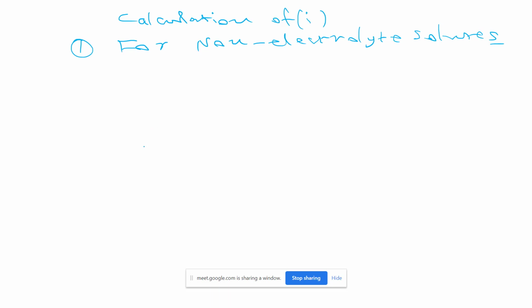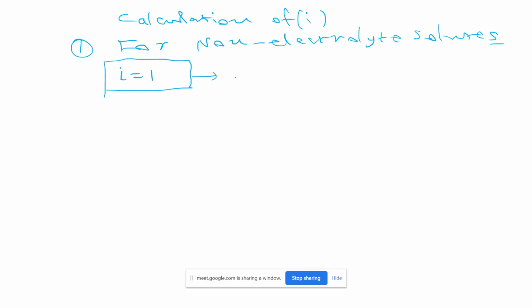Okay, so in case of a non-electrolyte solute like glucose, if we mix one molecule of glucose in water, after mixing we exactly observe one molecule. So observed moles will always equal theoretical moles. What ratio are we getting for these observed and theoretical moles? Always one. Then, sir, we can say i will always be one here.